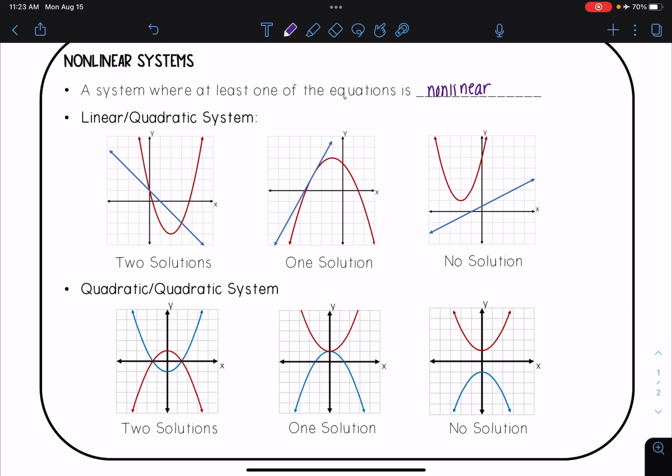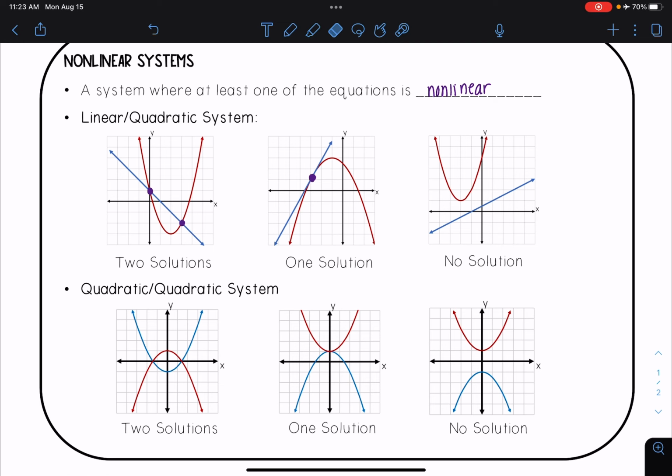And we see that we can have three types of solutions that can occur. First is two solutions, so I see that these two graphs intersect at two different points, so those would be my solutions. We can have one solution where they only intersect at one point, or no solution where we see they do